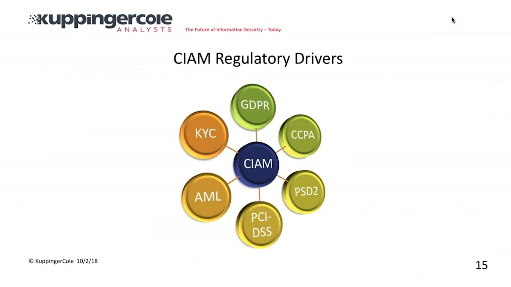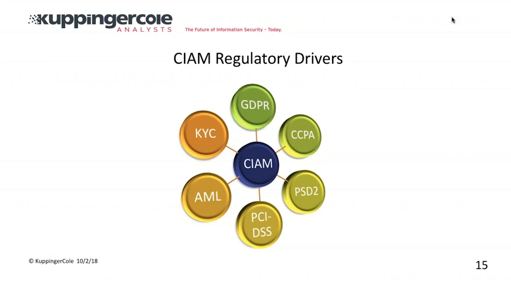So I wanted to look at, for a minute here, what some of the regulatory drivers are. In addition to collecting information about consumers and using that for marketing, regulations such as GDPR require the collection of consent for the use of information, and consumer identity management solutions can help facilitate that, as they are designed to pop up screens and make sure that the end users understand what their data is being used for, and give them some control too. So it's really important to have an identity or a consumer identity management solution that can facilitate that.